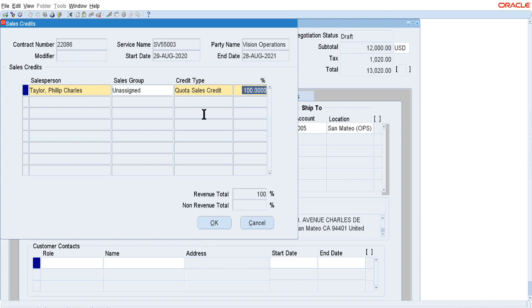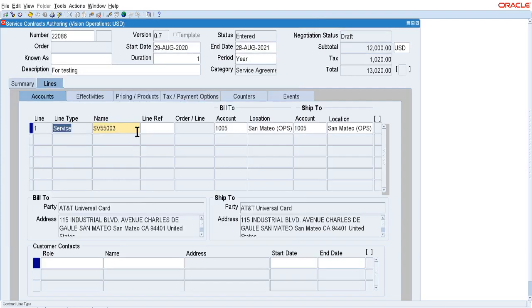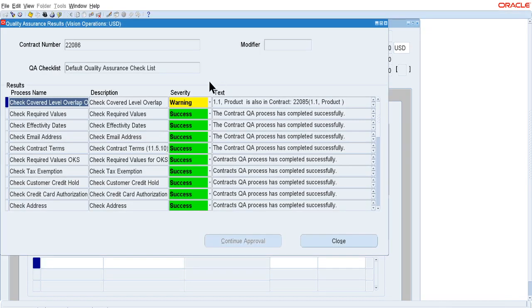It should not be more than 100%. If you are creating more than one salesperson here, such as a second or third line, their summation should not be more than 100%, right? 50, 50 or 60, whatever percentage you have to divide, but it should not exceed 100. Okay, go here and then go to action and perform QA check. This is the warning.